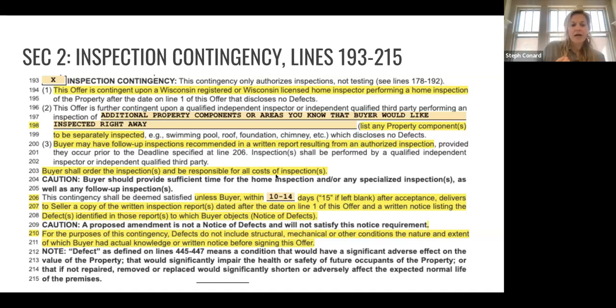Okay. Line 203 is a provision for the buyer. Buyer shall order the inspections and be responsible for all costs of inspections. This is a line that I've had to point to a buyer often, and again, also something that I bring up in my buyer consultations. It serves as an expectation for what the buyer is going to have to pay for as a